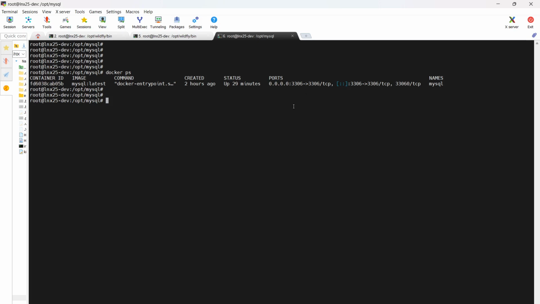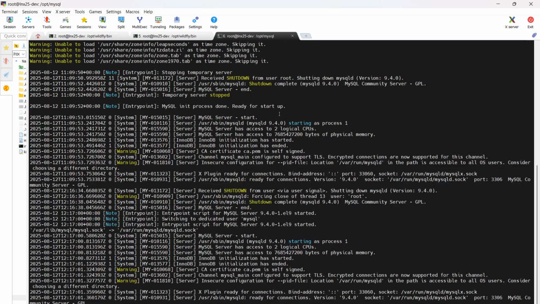One more thing we can check is the version of MySQL, so that accordingly we can download the respective JDBC driver from the Oracle site. You can check docker logs with your container name. Here you can see we are using MySQL 9.4. So respectively we should